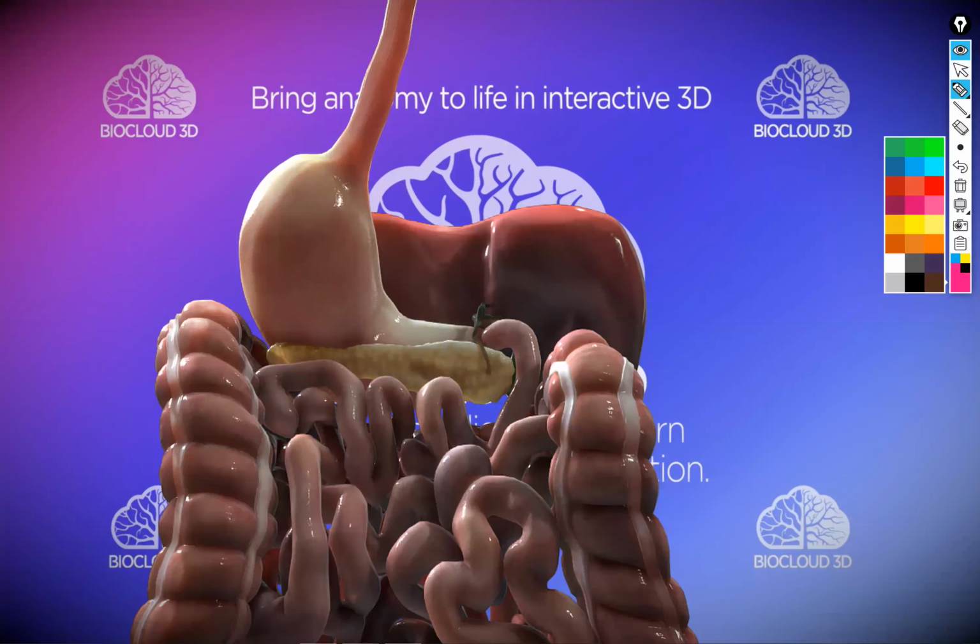Okay, so that's the esophagus. The area where the esophagus meets the stomach, the area of the stomach right by the entrance of the esophagus is called the cardia. And for that reason, the sphincter that regulates the passage of food from the esophagus into the stomach is often called the cardiac sphincter,